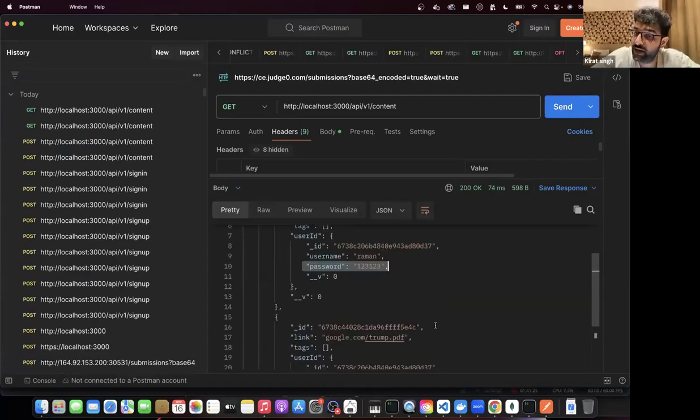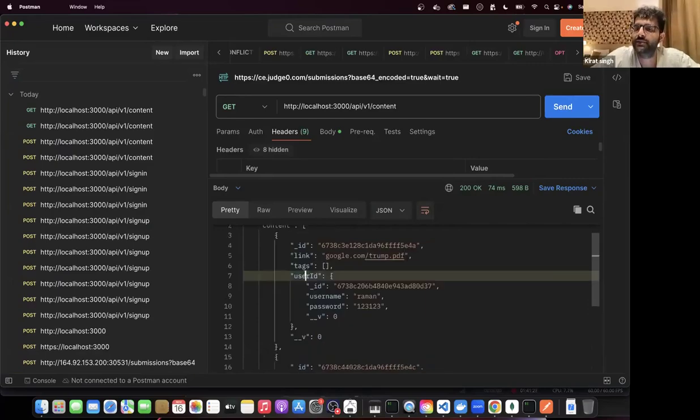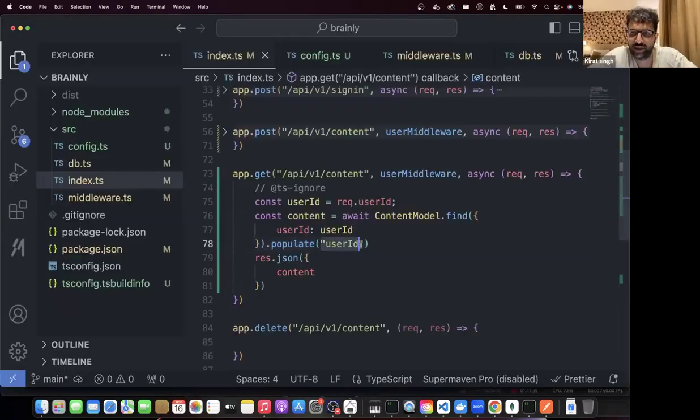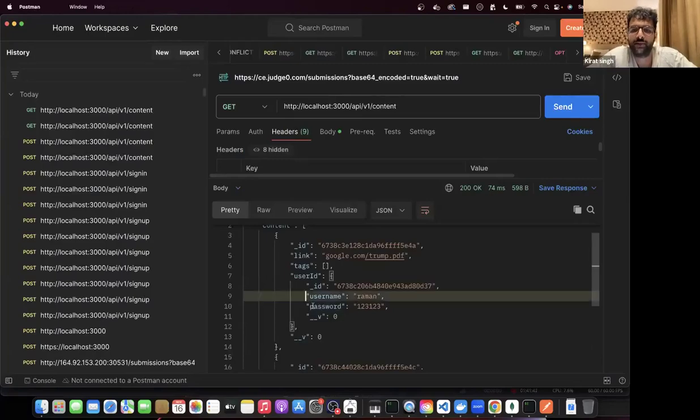Is that a problem? अगर कल को मैंने author ID डाल दिया तो I will get the author's name. Great. I will get their password also on the front end. So I want to populate, but some parts. I don't want to populate the whole thing. I repeat, I want to populate the user ID, but I don't want their password. दूसरे बंदे का पासवर्ड नहीं, अपना भी पासवर्ड नहीं देखना मुझे. I just want my name, ताकि मैं UI पे दिखा पाऊँ कि this was created by हरकीरत, this was created by Raman. So how can I just select password?